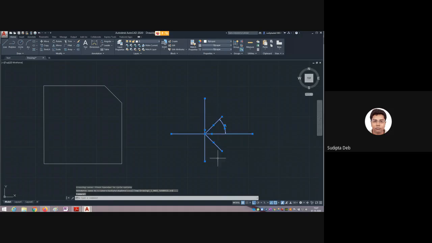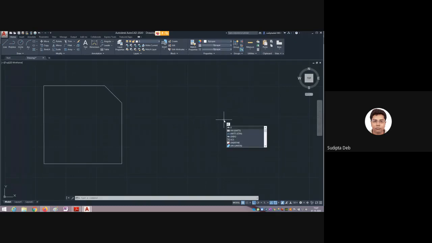Just let me erase or delete this part. Press the delete button from my keyboard. Okay, now undo. Next command is undo. By mistake, suppose I have deleted some portion. How to get these things back? U enter for undo. Just you press U enter, undo. I can get back my previous section, a previous figure, previous things.